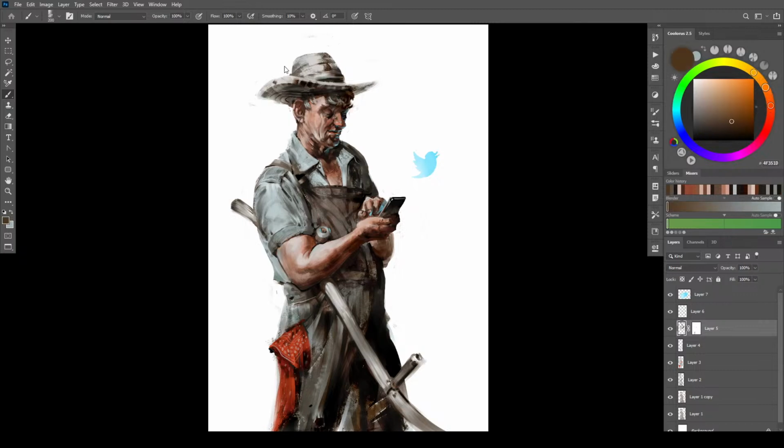Alright, then he's got all these little diamond chunky things here. We'll just kind of go quickly with that. And the hat up top, pretty similar arrangement.